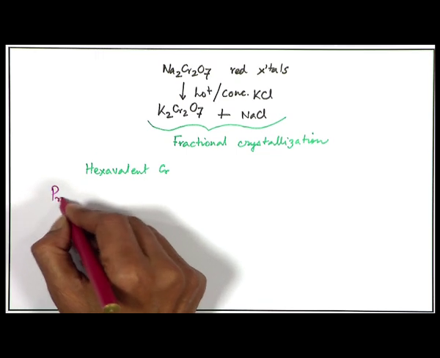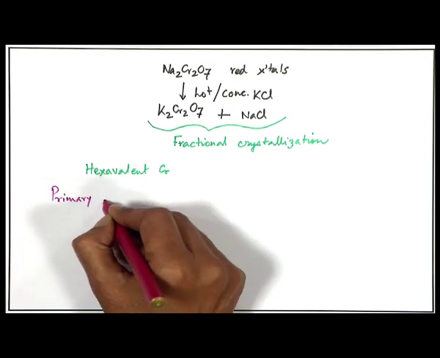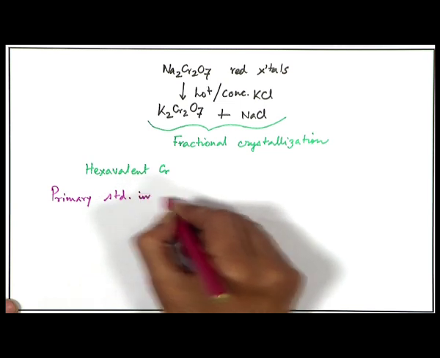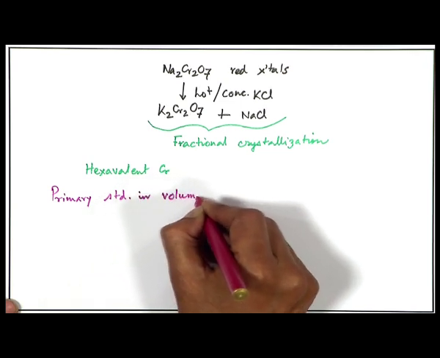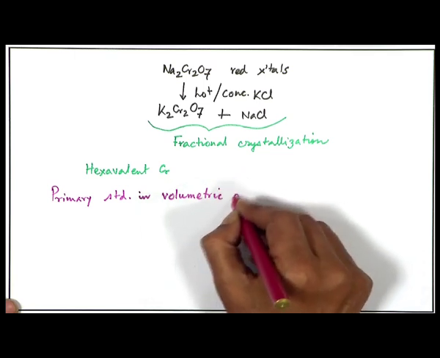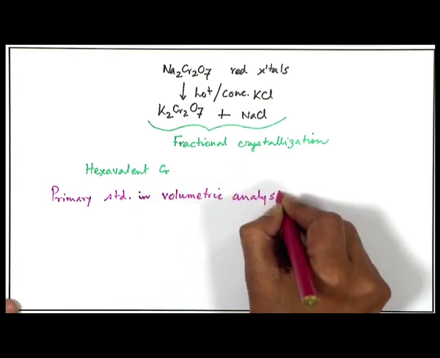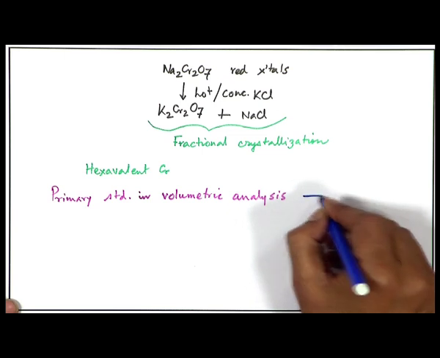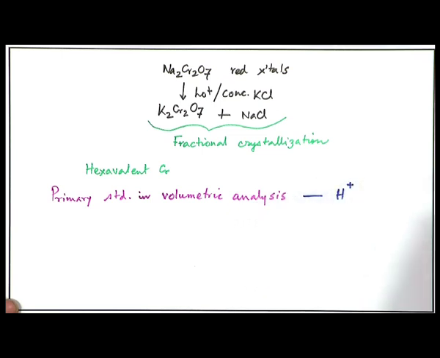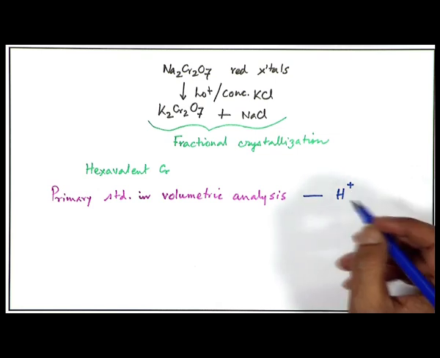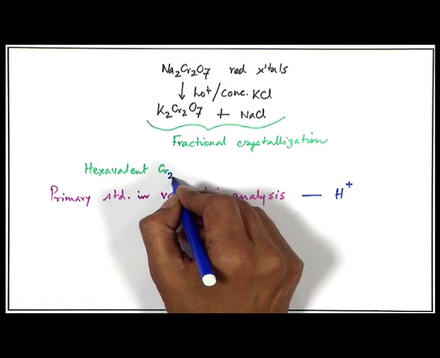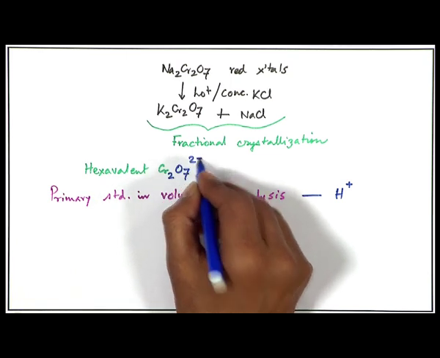So, it can be a primary standard solution in volumetric analysis. What we can do in acid medium. So, we have a little bit strong acidic condition. This acidic condition is maintained such that we are handling only Cr2O7, that means the dichromate ion,